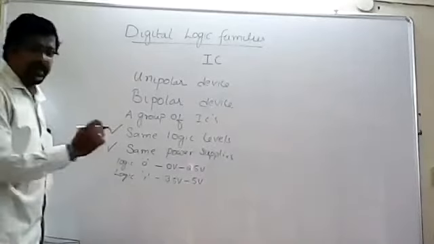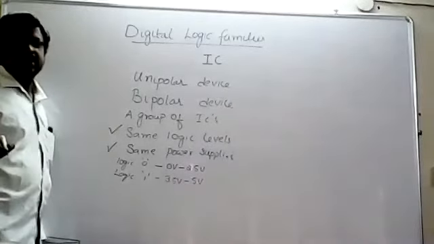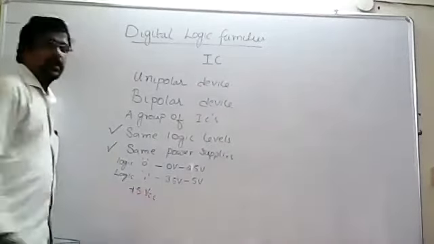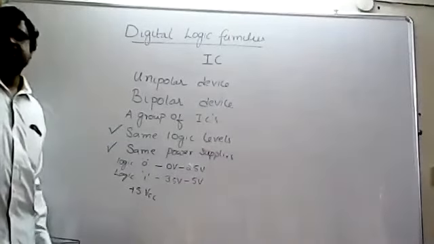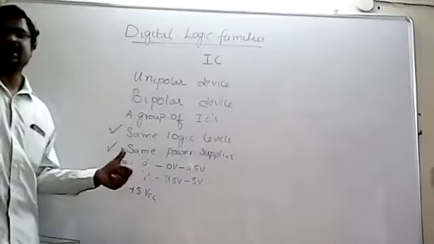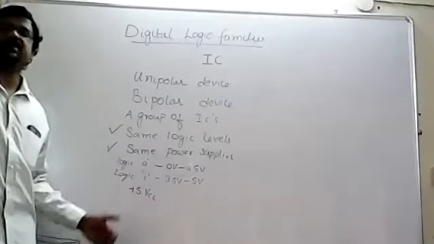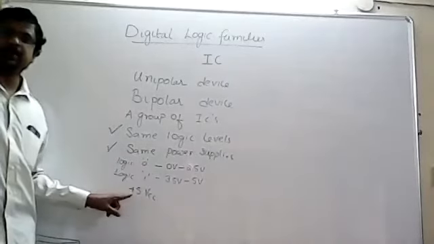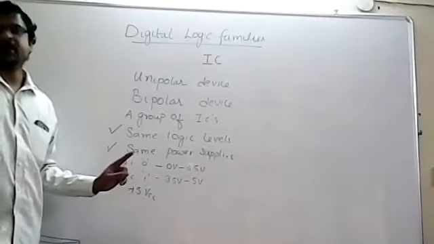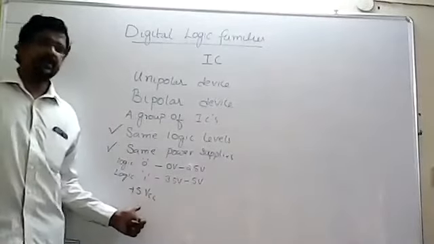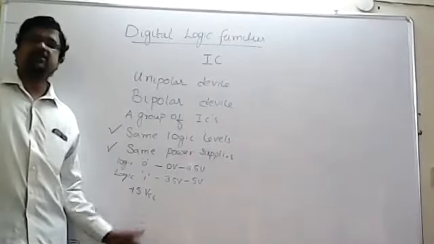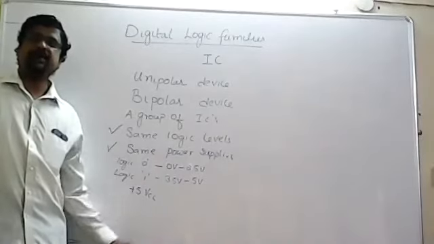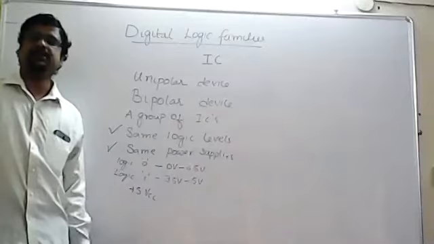So the power supply for any digital IC, whichever we have discussed, that is logic gates, is plus 5 volts VCC. The power supply is nothing but what switches on the IC. To switch on the IC, we require a plus 5 volt power supply. The same power supply must be followed by all the companies. Because if one company gives power supply at plus 5 volts and another company gives 6 volts, then if you replace it, what happens? The IC will get damaged.